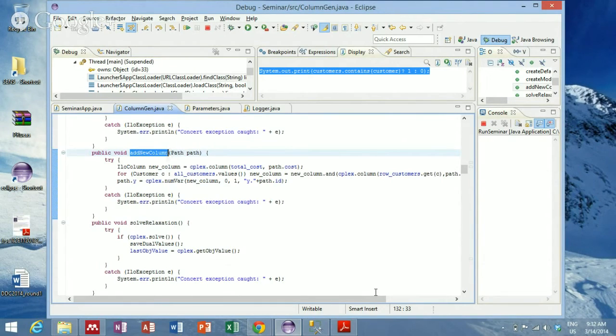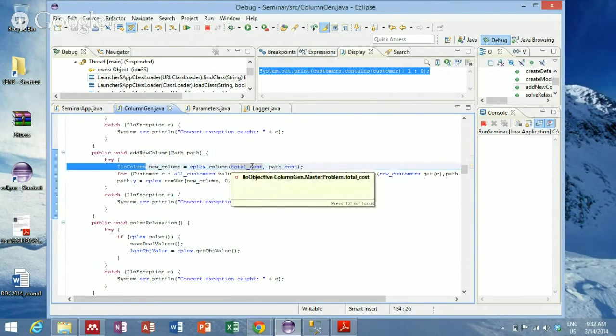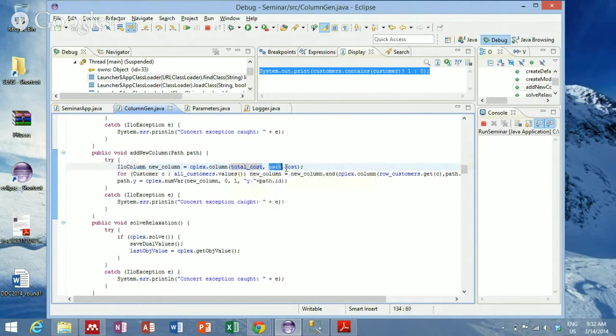So now I have the models, all right? I have an objective which doesn't have anything yet, and constraints that don't have any variable yet. Here I'm creating a new column, and here I'm adding that column into the objective of the master problem with this coefficient. So it's making whatever it has on the objective plus this new variable multiplied by the cost. Since it's the first one, it's just going to have that at the beginning. And now, for each customer,